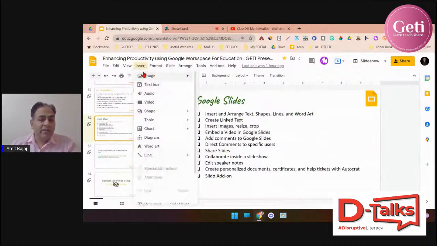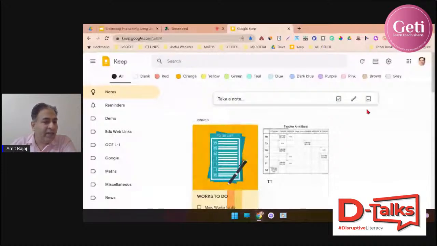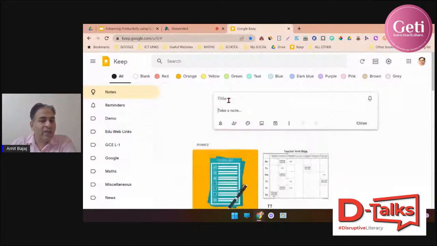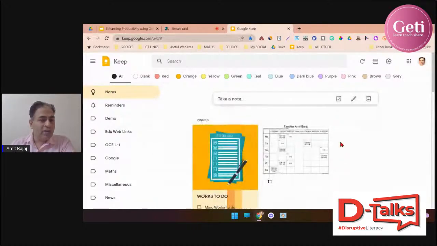Then there is another very important Google Keep. Google Keep is not directly a part of your Google for Education, but what exactly is Google Keep? It allows users to record your plain text notes and organize, edit, or share them with others using a suite of collaboration tools. So basic idea is I have opened my Google Keep. I have the mobile app of the same. So as you can see on the left hand side, I have my reminder, some of the labels I have created. So I can search my notes over here, or I can start taking notes. So this is your note taking app in general,